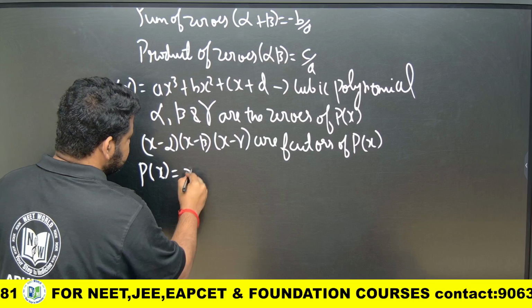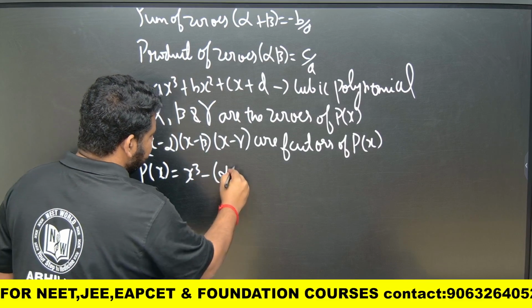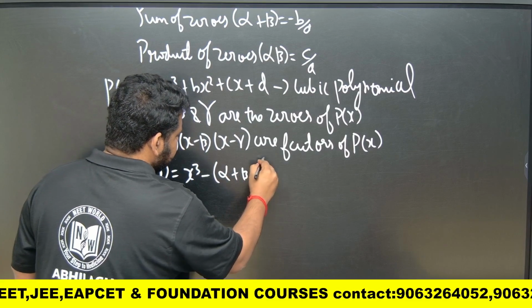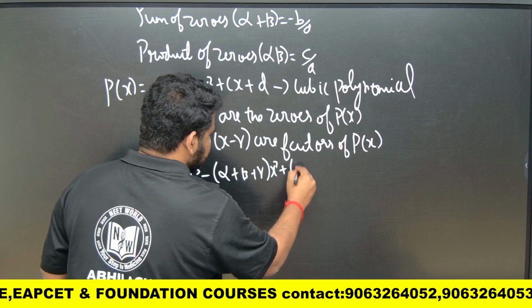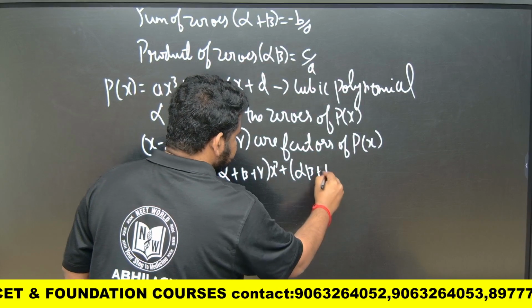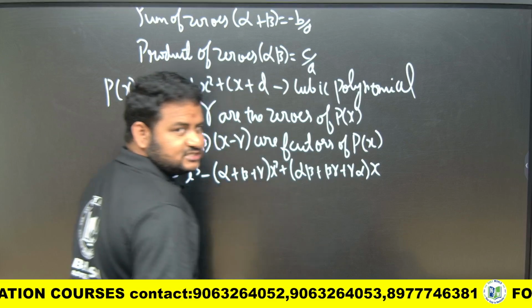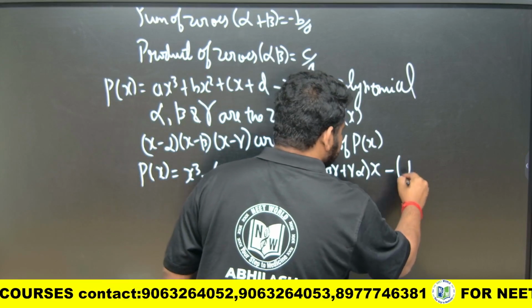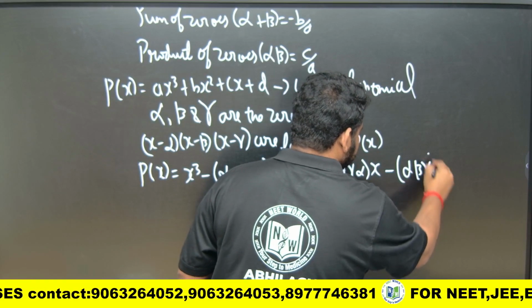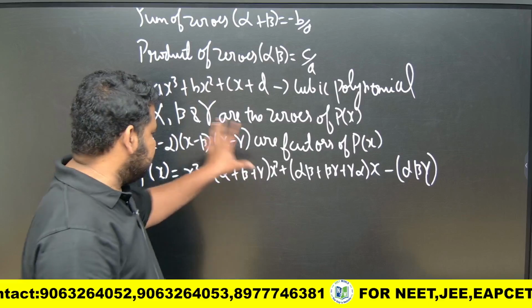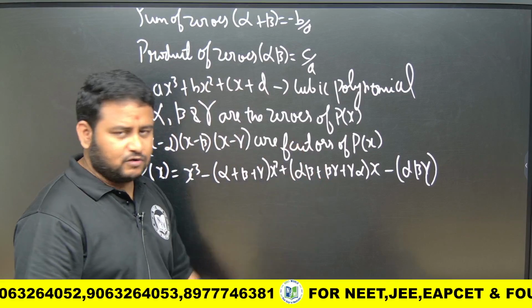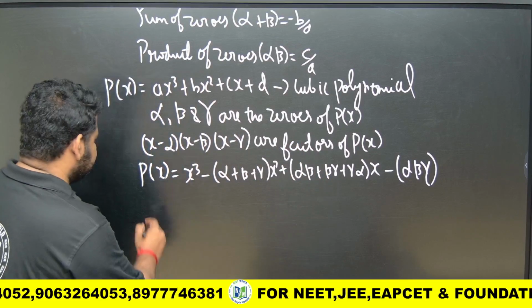P of x can be written as x cube minus (alpha plus beta plus gamma) x square, plus (alpha beta, beta gamma, gamma alpha) into x, minus alpha beta gamma. This is what we will get if you simplify this, we will get it in this form. Now for this, if I write sum of the zeros,